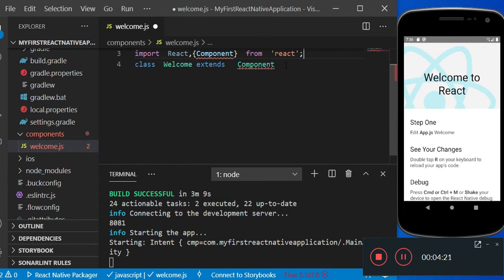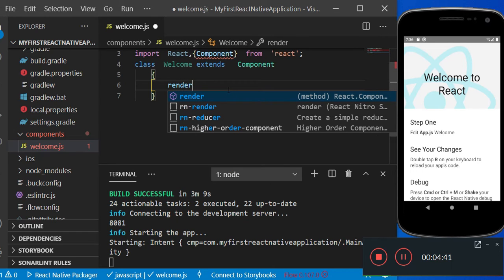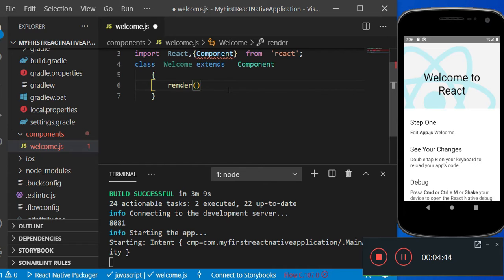Now see, after the declaration of this class, we have to write some code in the body of this particular class. So here we have to write code in the welcome class. Now see, how to write code in the welcome class? You have to define one method that must be a render method. Now if you go through the life cycle of a React component, then this render method will be called automatically when you access this particular welcome component. Now this render method has to return your UI component. So within the render function you have to write React.